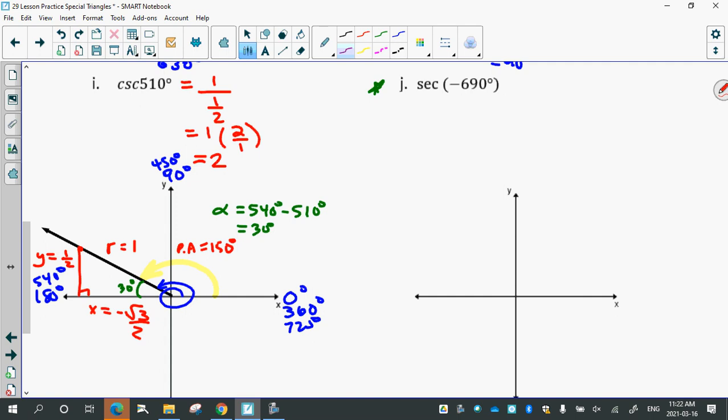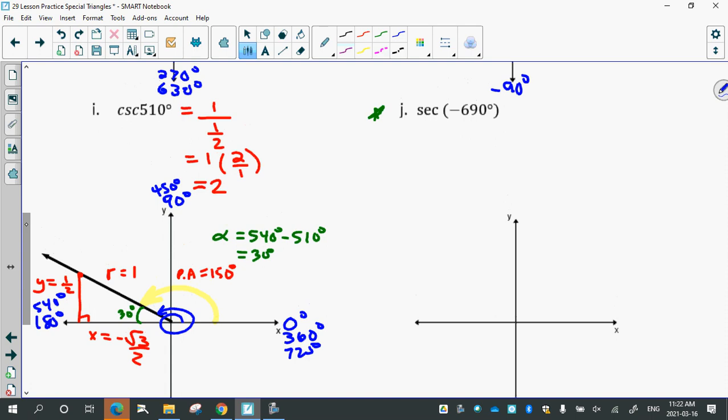Okay? So I'm going to do this one a little bit differently just so that you see that I can do it. So what I want to do is first find the principal angle of negative 690. My first step is I'm just going to change this angle to a positive angle between 0 and 360, the principal angle. If I'm starting with a negative angle, I'm going to add 360 and see where I'm at. So negative 690 plus 360 is negative 330. So I'm still in the negatives, which means I have to add 360 again. And that ends up giving me